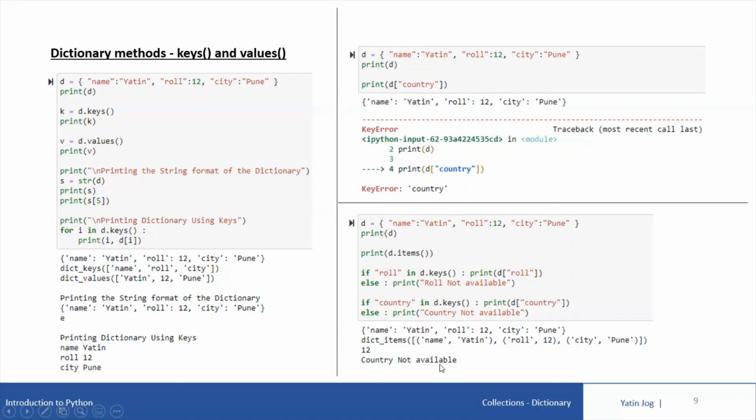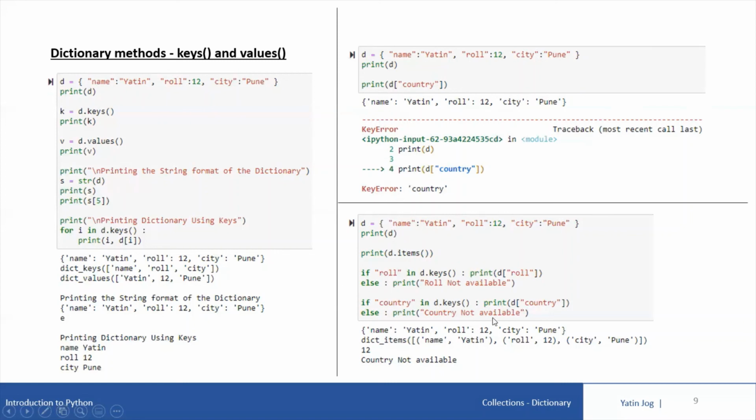Now why is this kind of handling of errors very important? Because look at this code. If this is part of the code, after this print D of country, if you have 100 lines of code, for example, because of the key error, the interpreter will stop executing at this line, will come out of the execution, and the remaining 100 lines will not be executed.